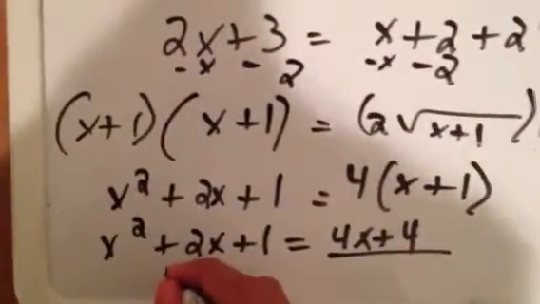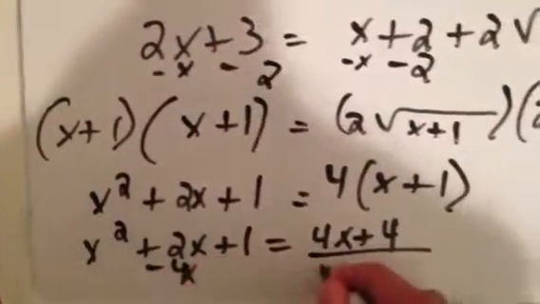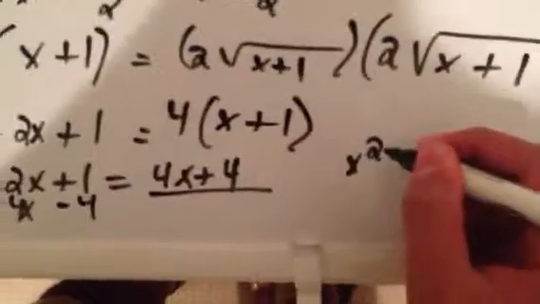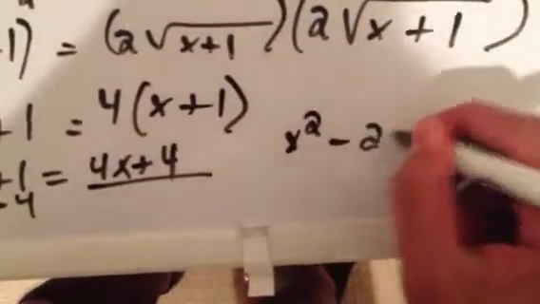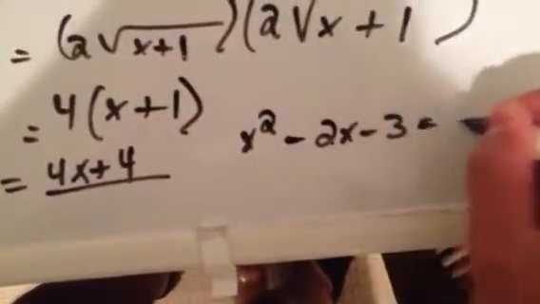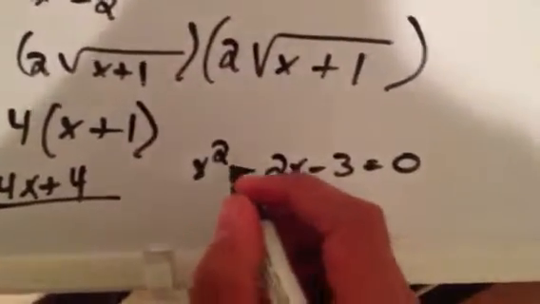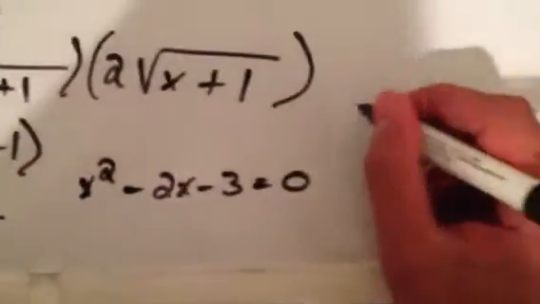So we're going to subtract 4x and we're going to subtract 4. So if we come over here, we have x squared minus 2x minus 3 equals 0. The first thing you should do now is, before you even think about using the quadratic formula, let's see if